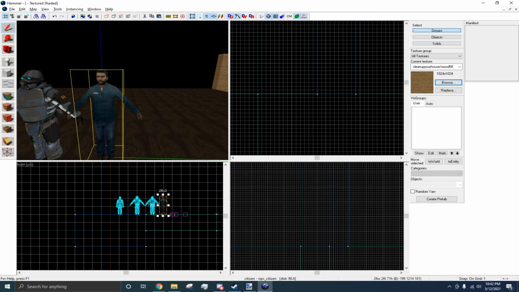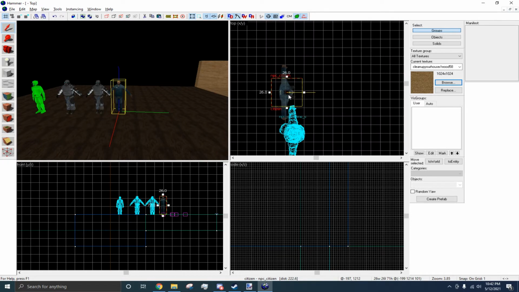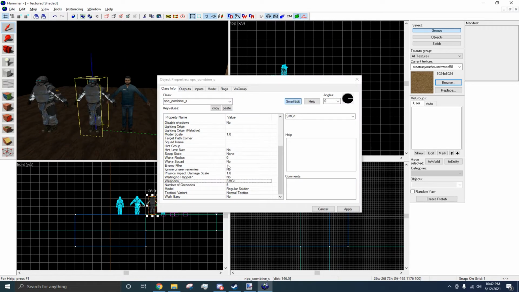So there. And you can also change their weapons. In here, somewhere, yeah, weapons. You can just change it to, say, a shotgun. And for the combine, I'll have it be a